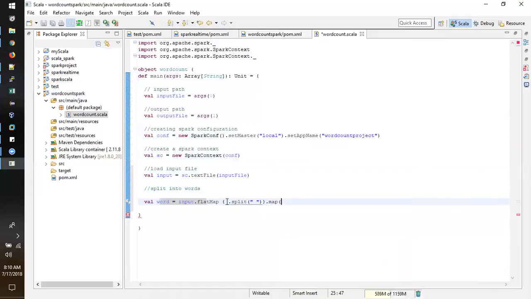Map helps to split the records into multiple. So a word will be received and it converts into the key value pair. So word comma 1. Okay, now the record is split, and finally